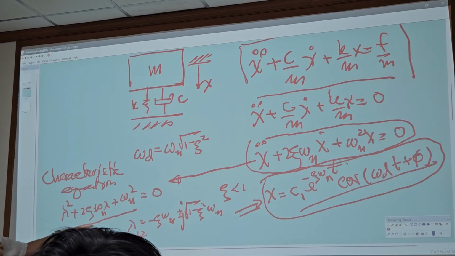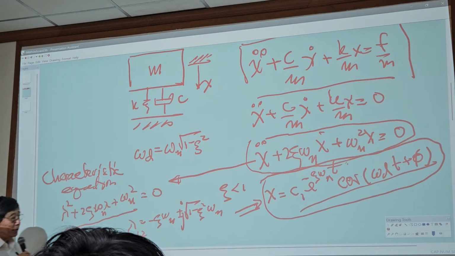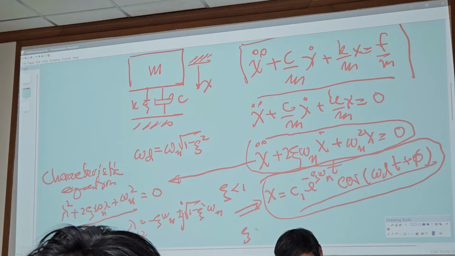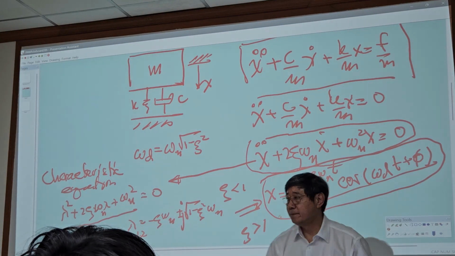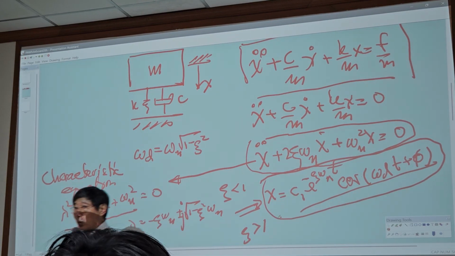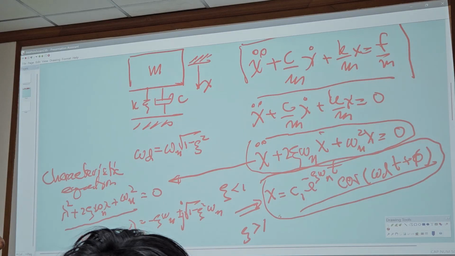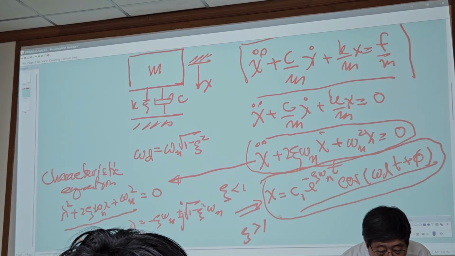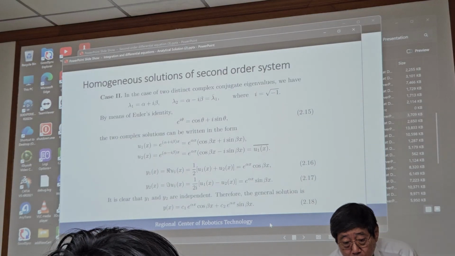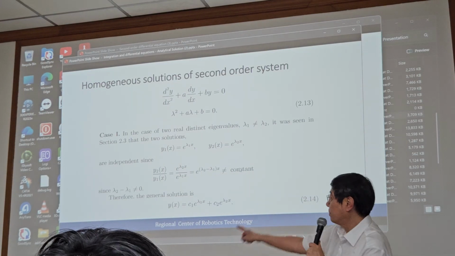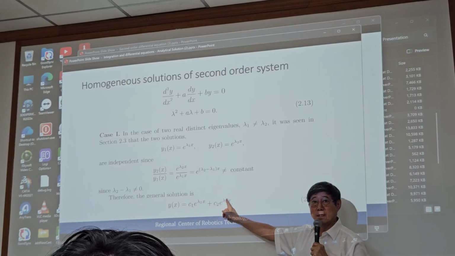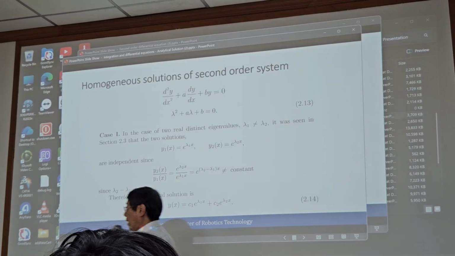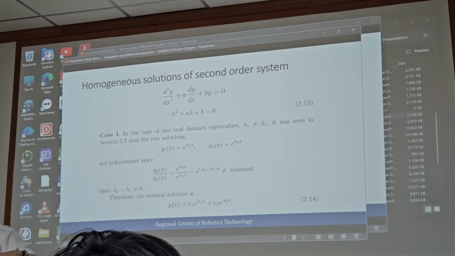Or if zeta, this one, is greater than 1, two distinct roots, right? You have this solution, this one. So it's something like this, you place and you release,